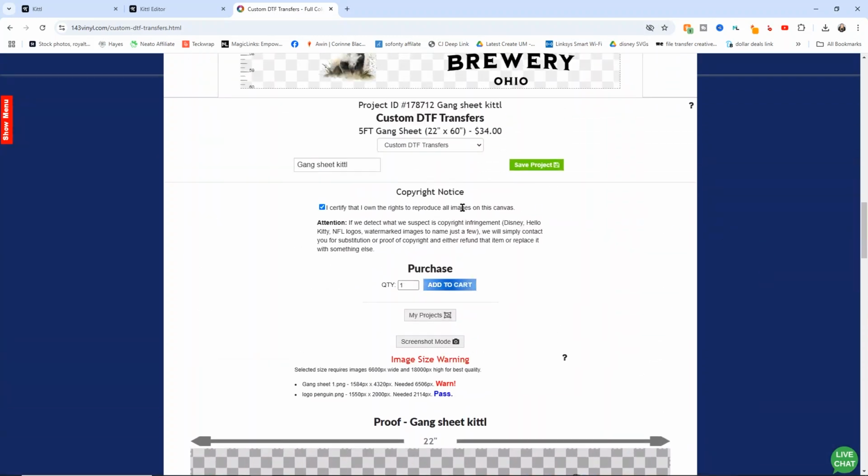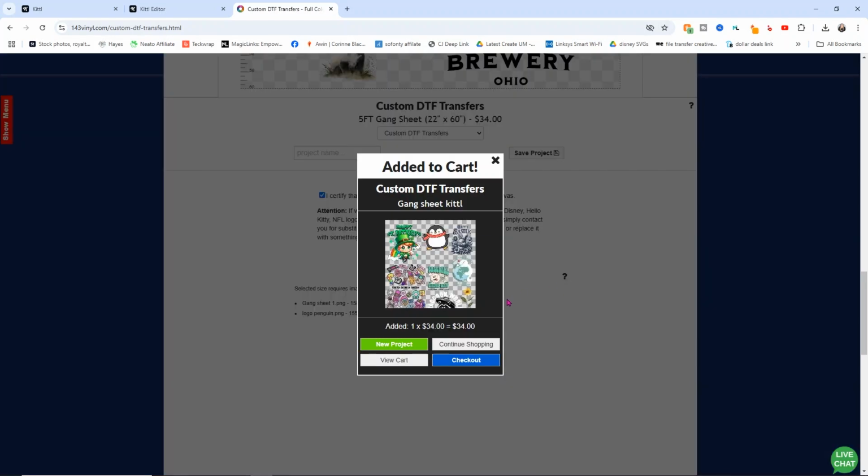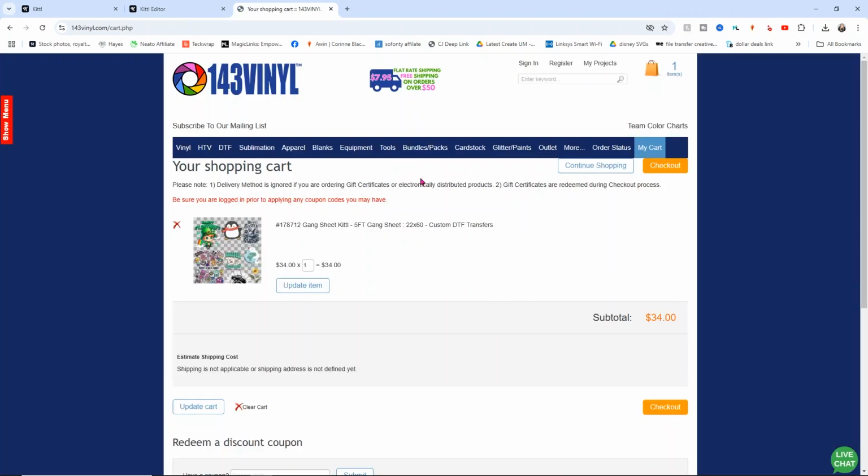Then all we have to do is click here to add to cart. Now this is giving me a warning here. For some reason, they'll fix that, so don't worry about it. It's just because of like the pixels. It's fine. I'm going to click add to cart, and then I can go over to,